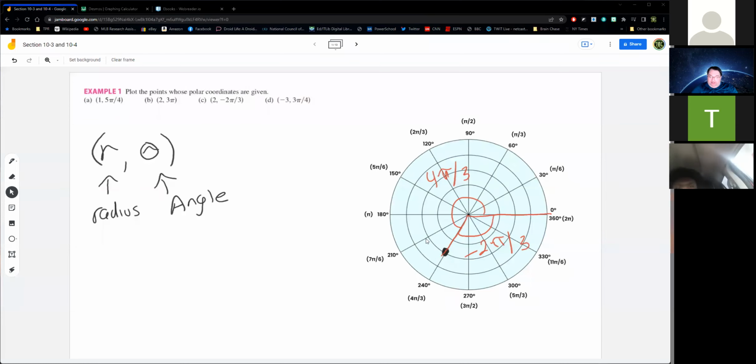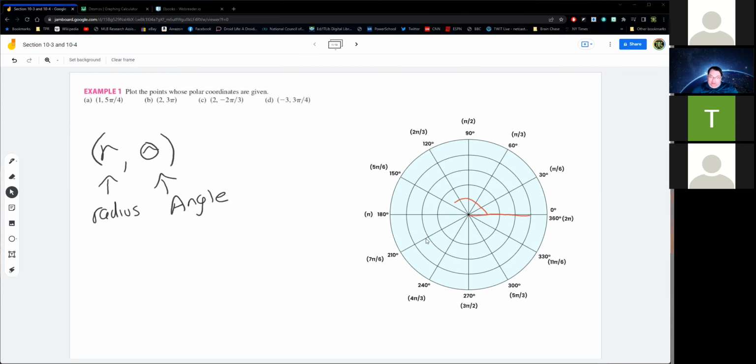All right, now let's look at the negative angle. We would just go the opposite direction. The negative radius actually is a little crazier. So for the negative radius, we'll start off there, and we're going to go 3 pi over 4, which means I'm going to about there. Now, here's the crazy thing: if it was a positive 3,